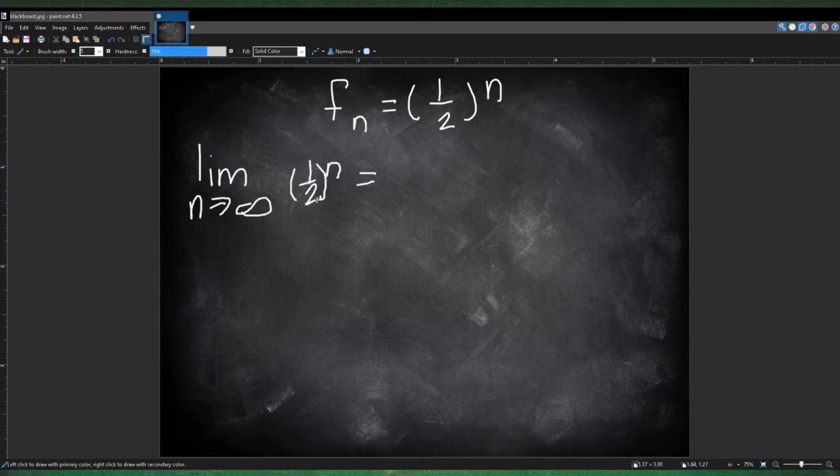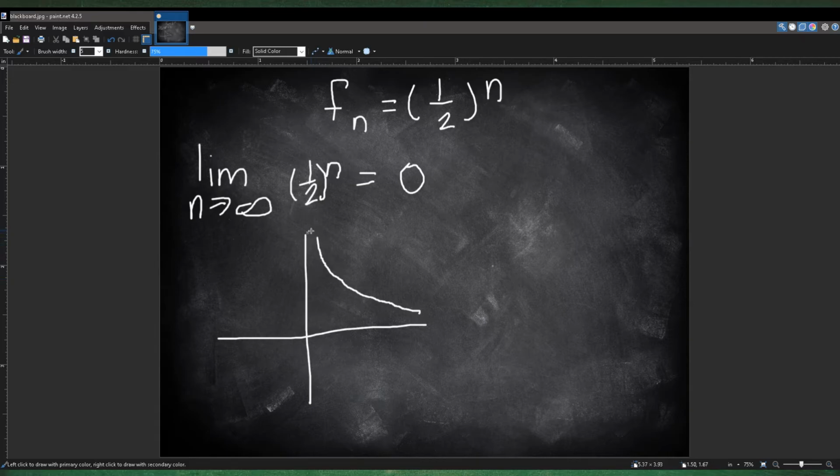So if you put infinity in here, it's 1/2 times 1/2 times 1/2 times 1/2, right? So if you take half of something, and then half again, and then half again, it's just going to get smaller and smaller and smaller, right? The smallest possible number is 0, if you don't have negatives. But 1/2 is always positive, right? Which is just a geometric graph. So you graph this out, it looks like this,